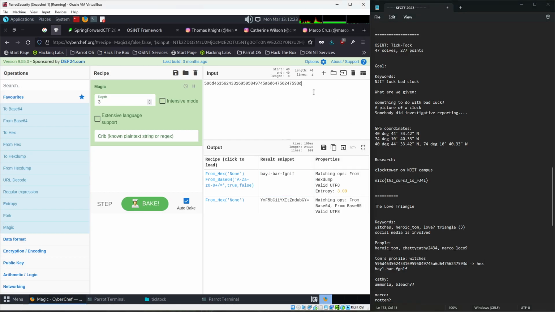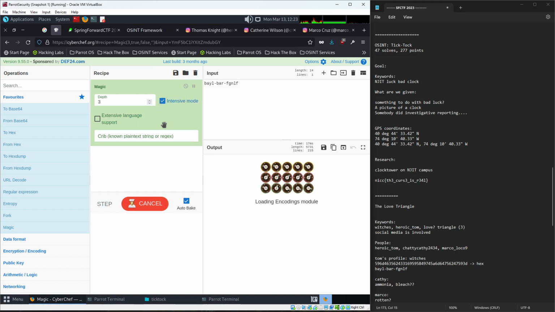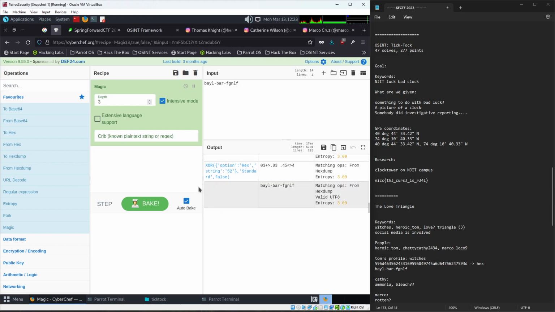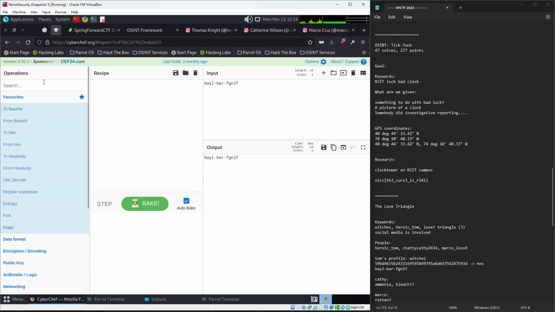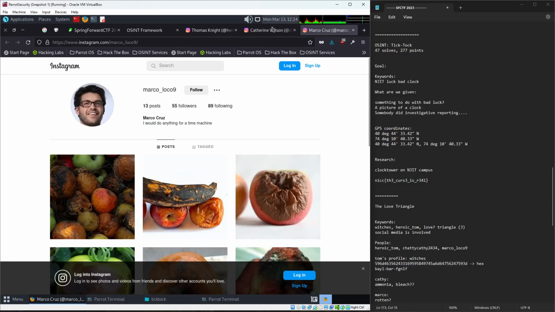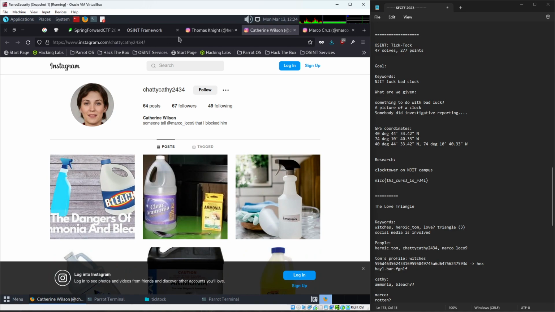All right, so then we can do this and we'll chuck that in. Now, if we do intensive mode, what's gonna happen? Probably nothing, maybe we'll find it. But intensive mode doesn't seem to be working. So, what next? Well then, we probably have to look at what either Cathy was doing, which is, you know, pH. Maybe nothing to do with this, maybe. Or Marco.